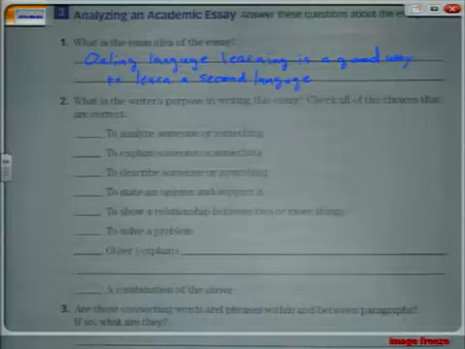Online language learning is a good way to learn a second language. So that was basically the main idea, I think. And if you look at